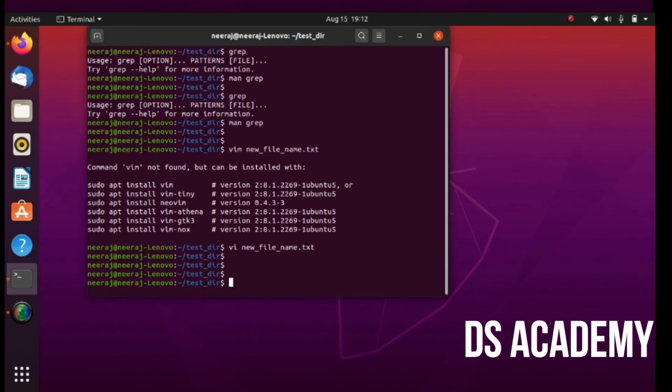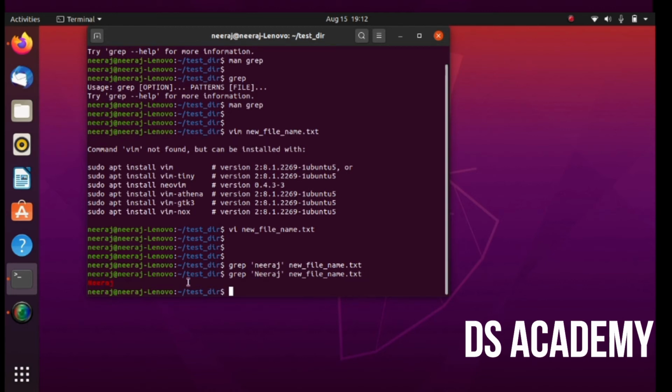So this is the content of my current file, and I want to see if my name exists in a particular file, say new file. So it says does not exist because no content is found.